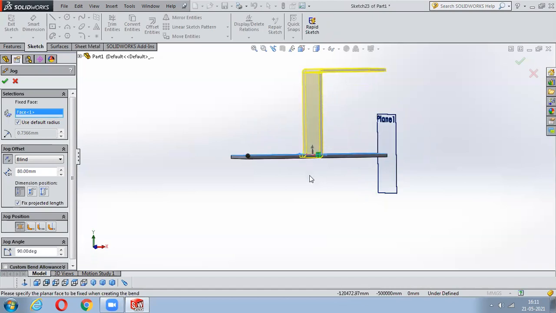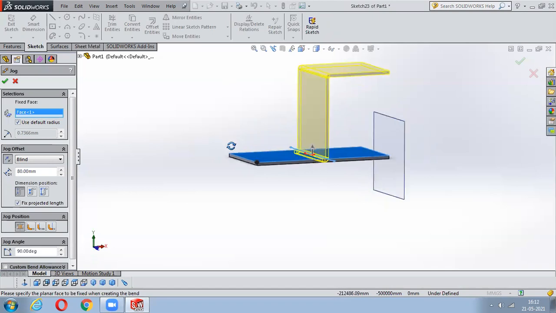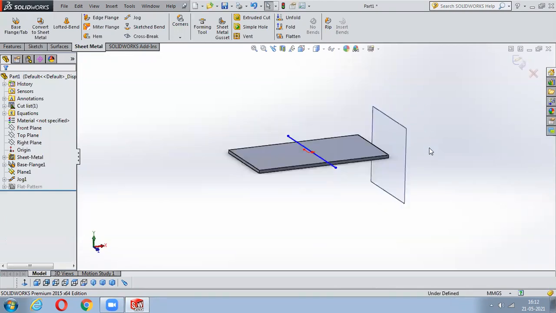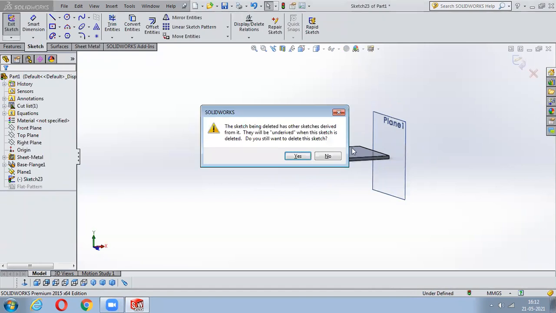That means this part, called the jog, is being created extra. From here to here it will remain the same, but you can notice this extra wall is being created. Again, you can control the wall using these measures here. Whatever measures, shapes and directions you want, you can give. Once you say okay to this, that will be jogged. Any doubts? No, sir.